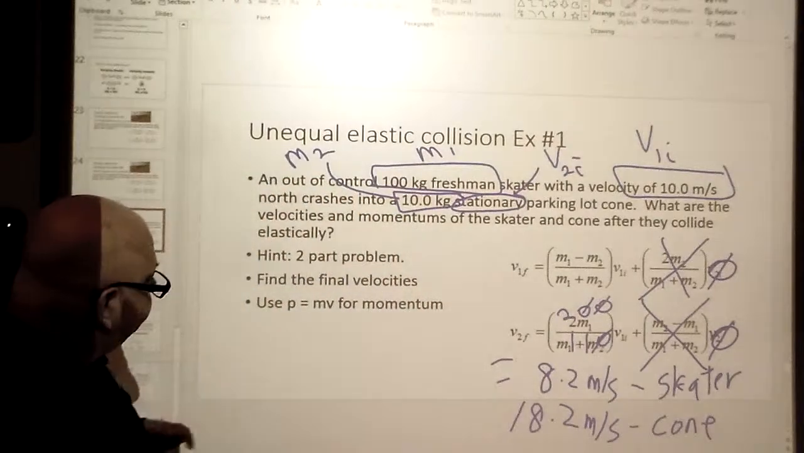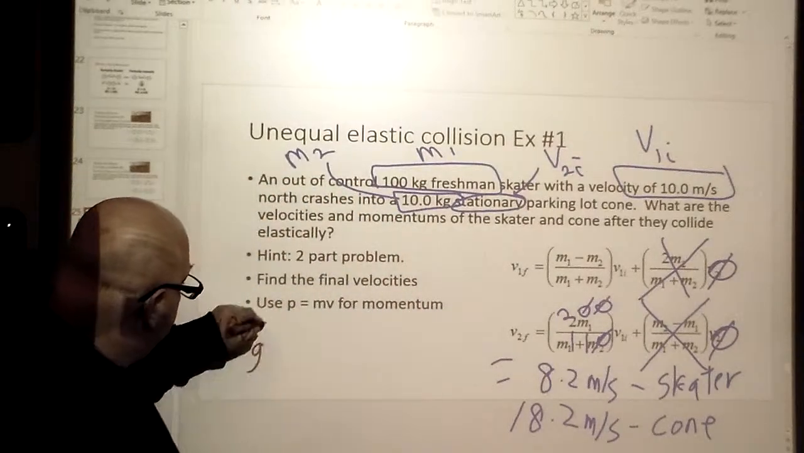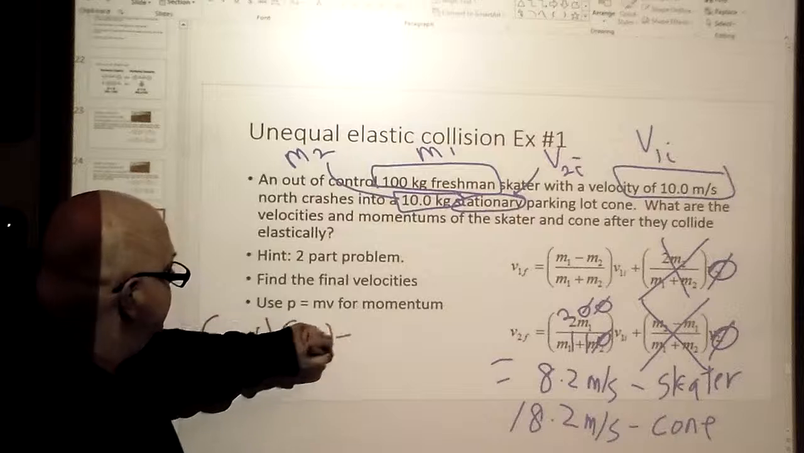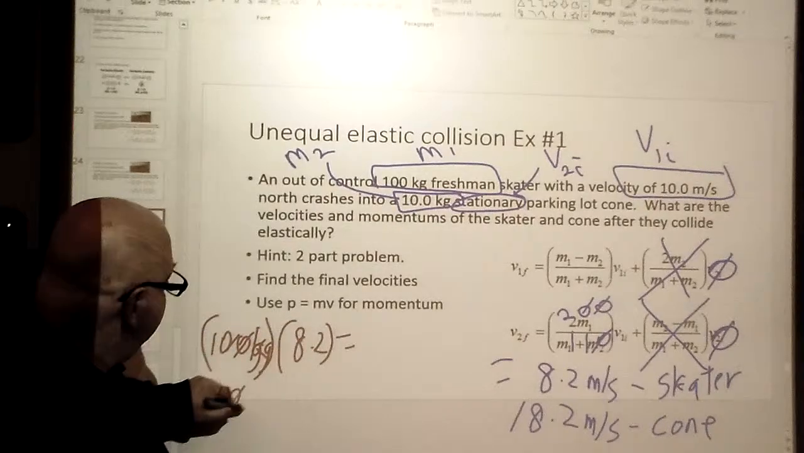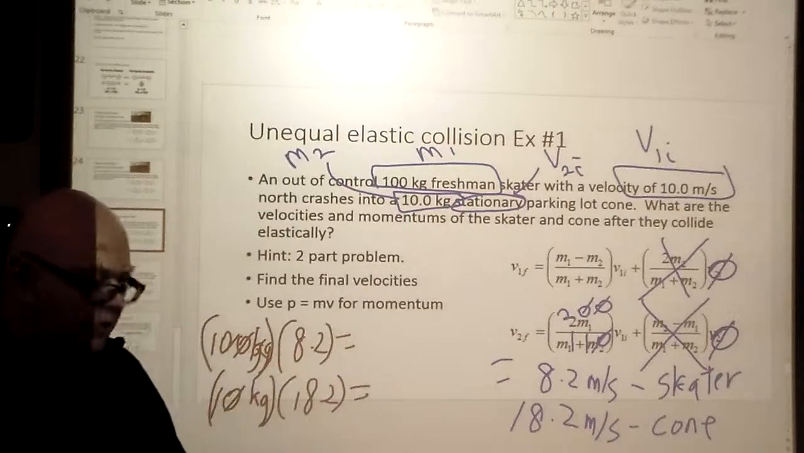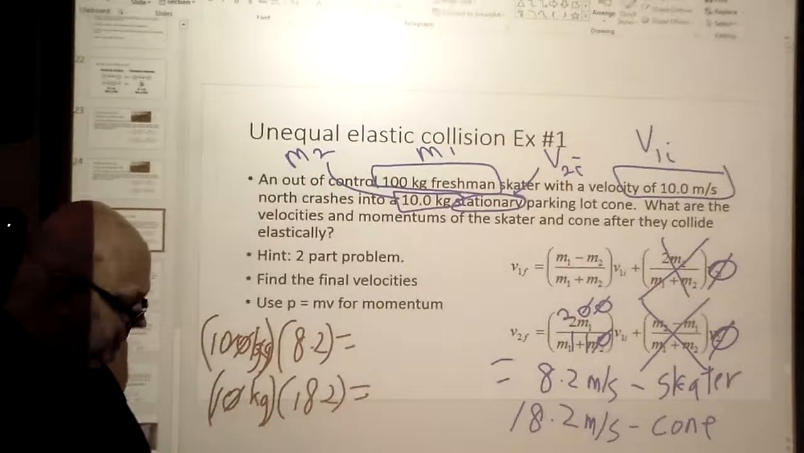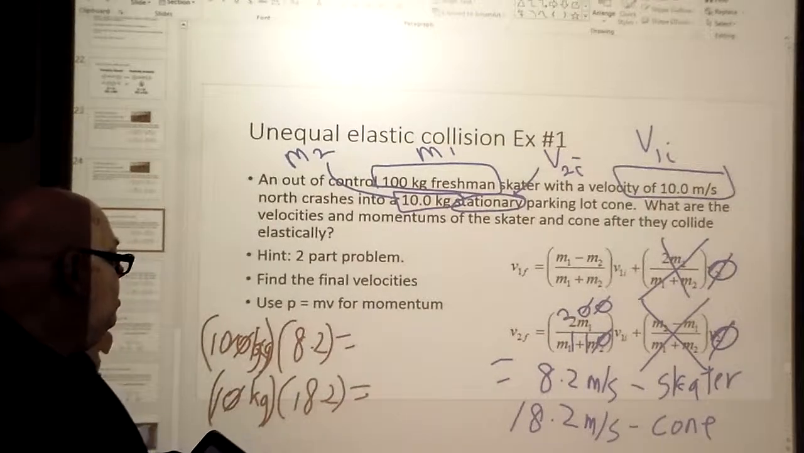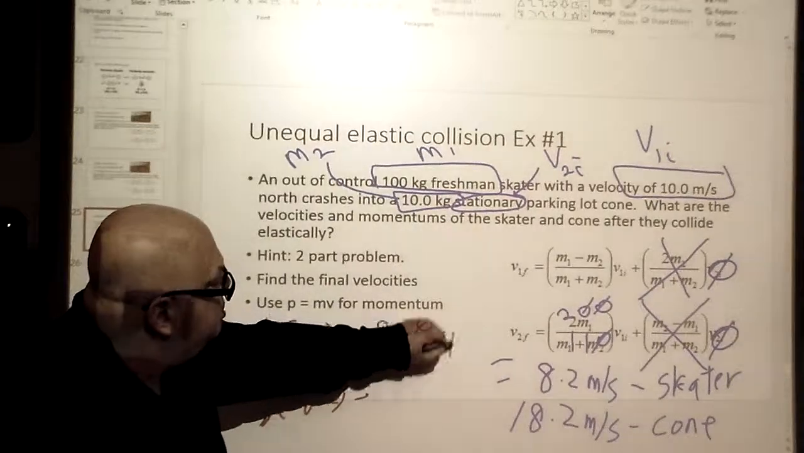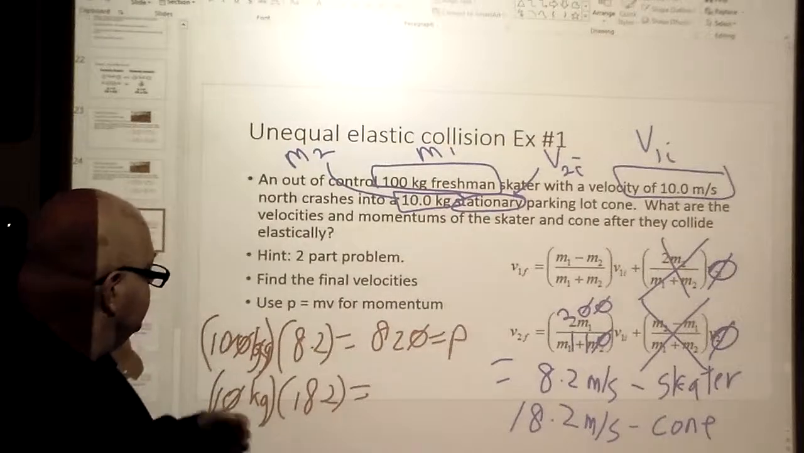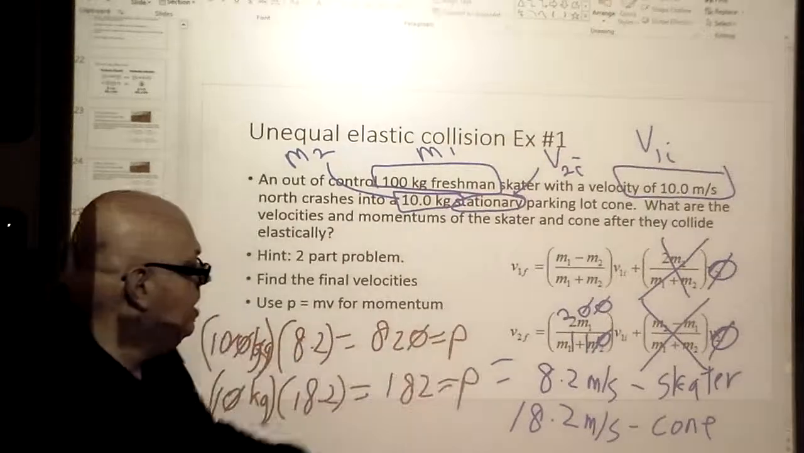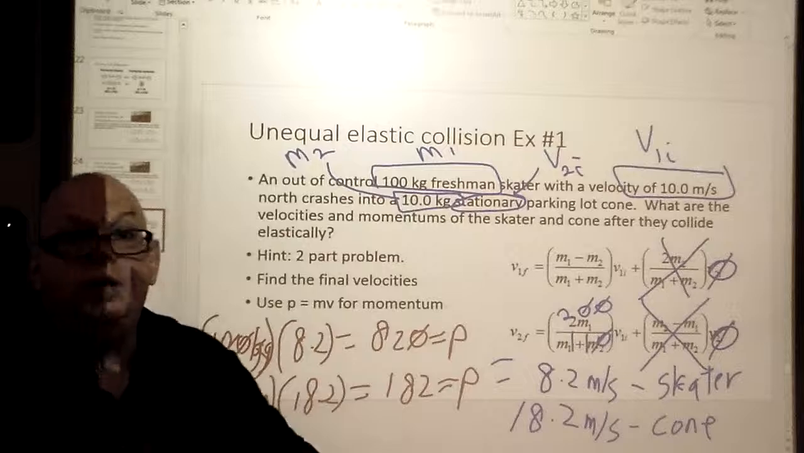Okay, 100 kilograms, sorry, remember, kilograms, times 8.2 is equal to, then we have 10 kilograms multiplied by 18.2. So we're going to check out the momentums here. We have to wrap up, guys. So 100 times 8.2 makes 820, which is the momentum of our skater, in kilograms times meters per second. And here it's going to be 182, which is the momentum of our cone. Okay, guys,